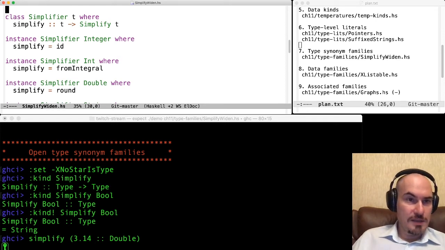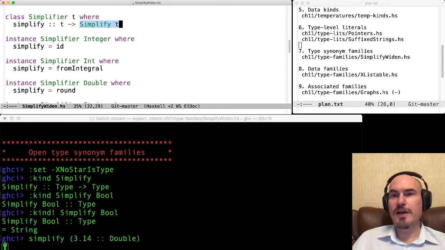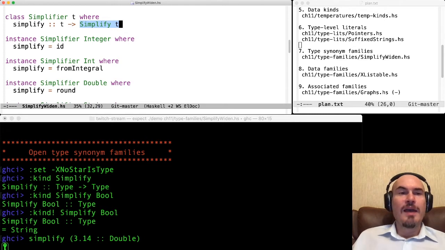So I have a type class, Simplifier, with a function simplify, which takes any value of type t and turns it to the simplify t. So if we have double, then we should get integer as a result. If we have string, then we should get some string literal as a result.